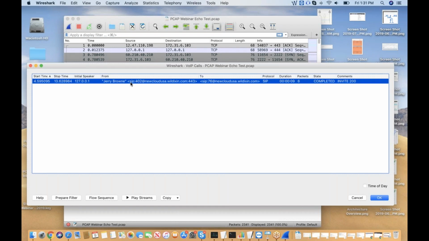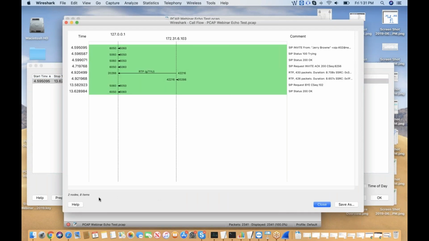So I've selected the one I want. I go ahead and flow that, and now I can see this SIP signaling. It also shows RTP. This RTP is often sent, a piece of RTP kind of like before the actual RTP or media stream starts, for the purposes of punching a hole, if you will,